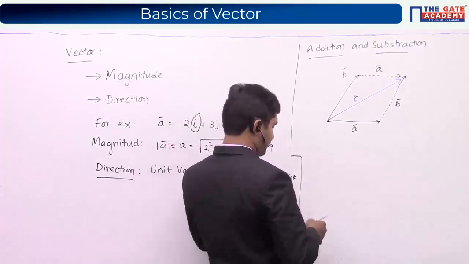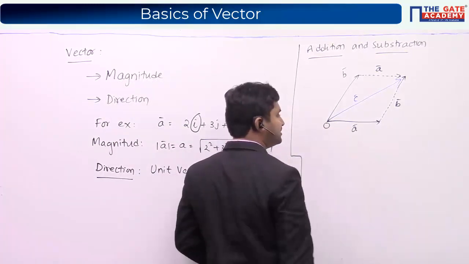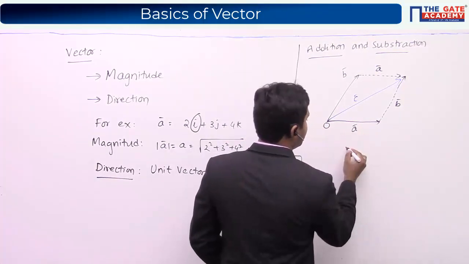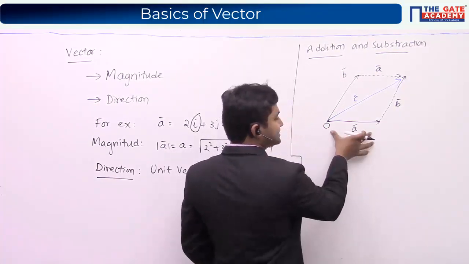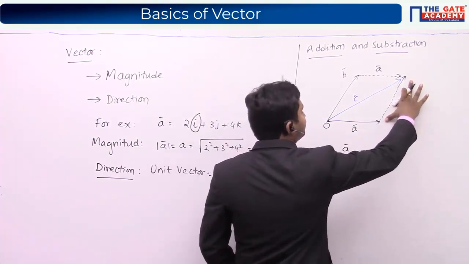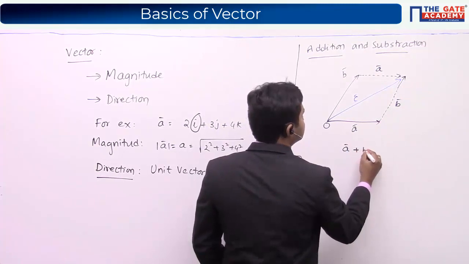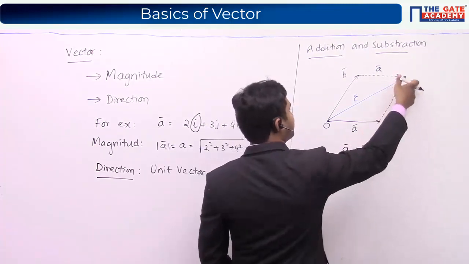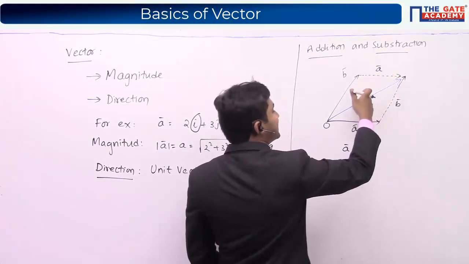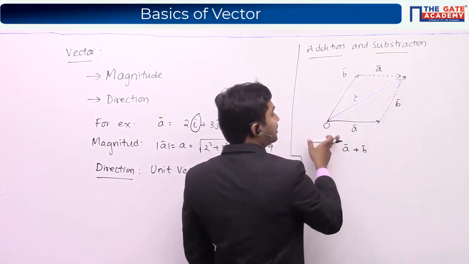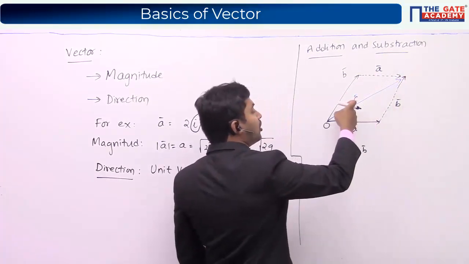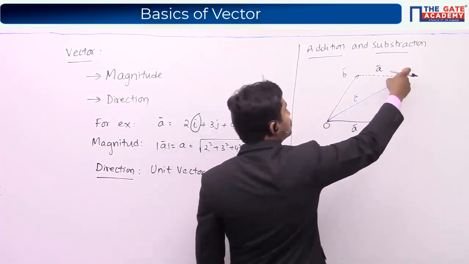Now what I can do is start from O, the origin. If I am moving till here, then it is covering the displacement of a bar, and from here to here, plus b bar. And if I want to come back to the same point called origin, a bar plus b bar, if I want to come back to the origin once again, what should I do?